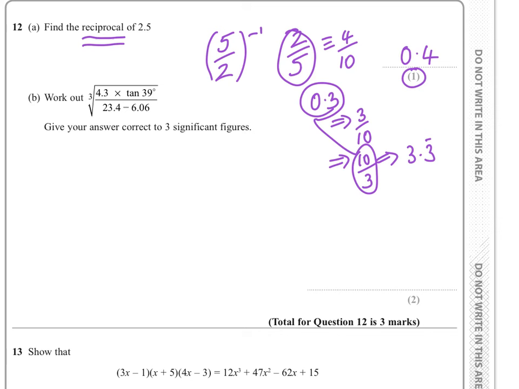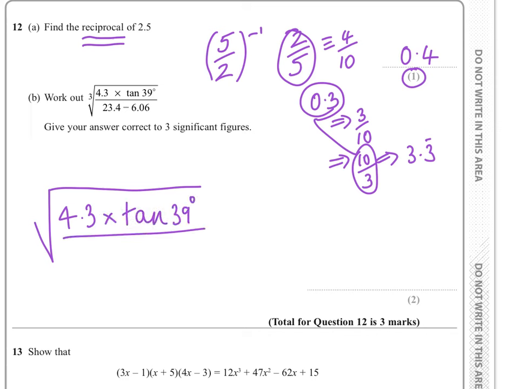Part B is showing that you can use a calculator, I suspect. Now, let me write this out again here. Now, there's a few pitfalls for this question, I would say. And here they are. The first pitfall is make sure your calculator's in degrees, not radians or gradians, so you want it in degrees. Secondly, and I just missed out something here, there we go. And then secondly,